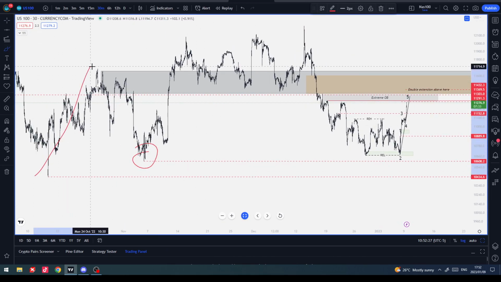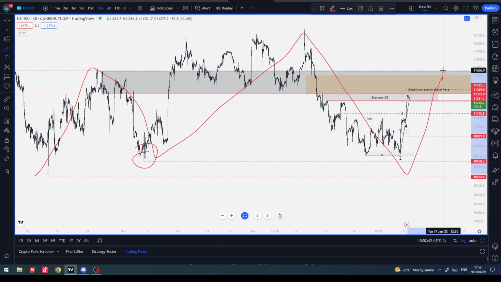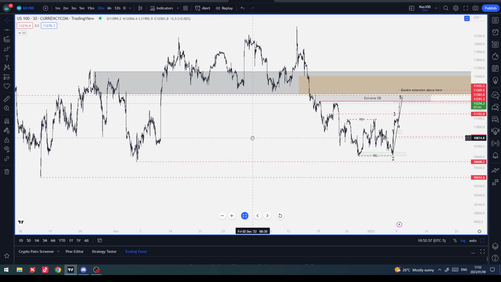If this was the accumulation and this was the failure swing, this the liquidity run, then we want to still see price take out the failure swing low in order to confirm that this is a dealing range, and then the retrace back up in here, which coincides with the zoom candle top or the real high in the market. Price comes back in here and then continues down. So we still want to see the lows being taken, especially this low being taken, for an overall bearish view in the market.